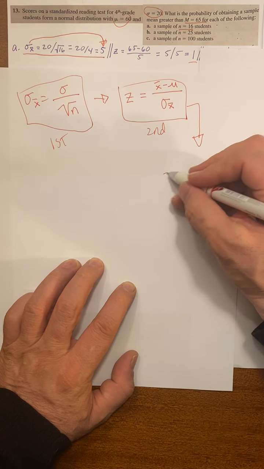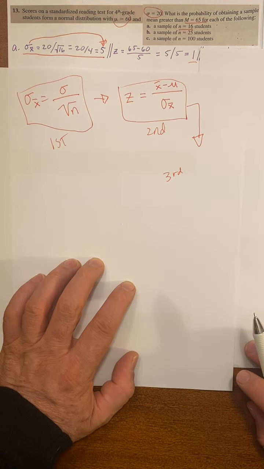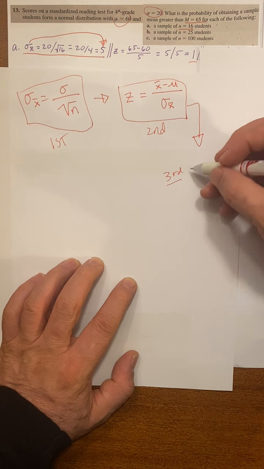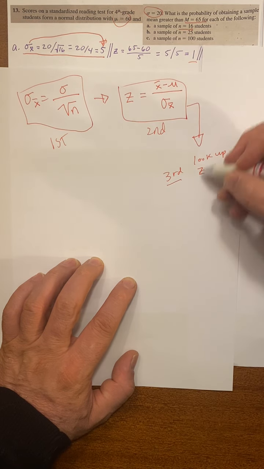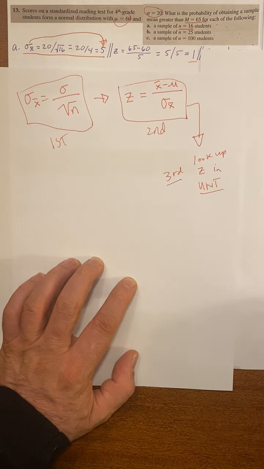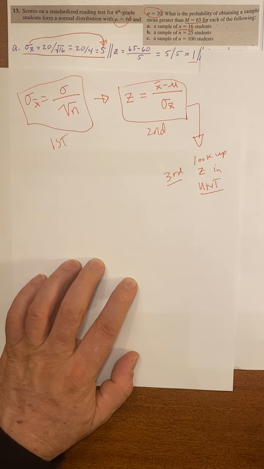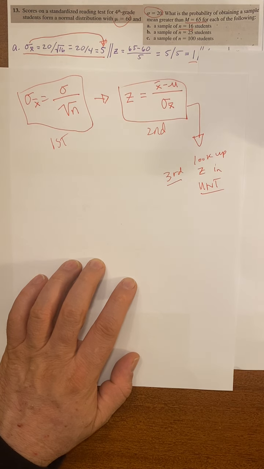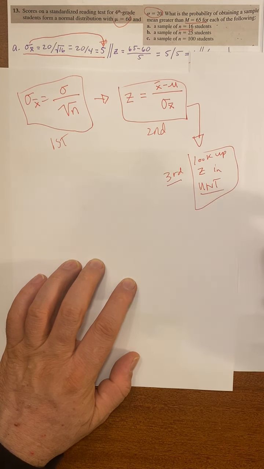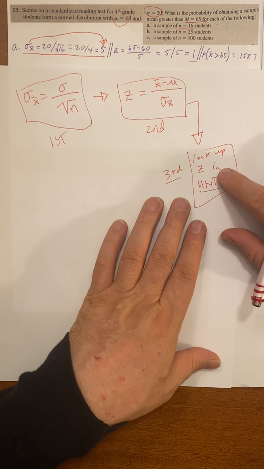Now we're going to do this third thing, but this third thing that we've been doing since like chapter 6. And that third thing is we're going to look up z in the unit normal table, right? Where we look at the proportions of the body, the tail, or that distance from the specific z to the mean. Okay, so I think that we have to do this third step here. Yeah, right, because the question that was being asked for question